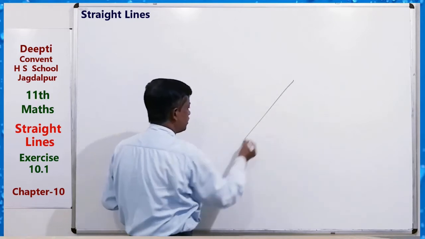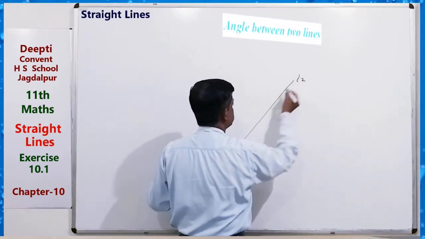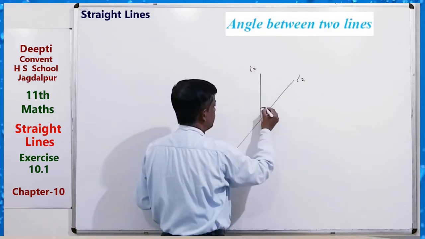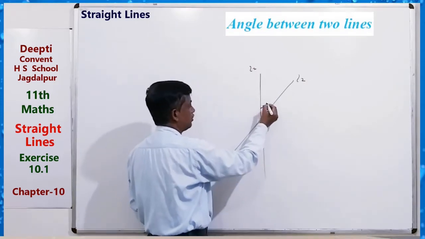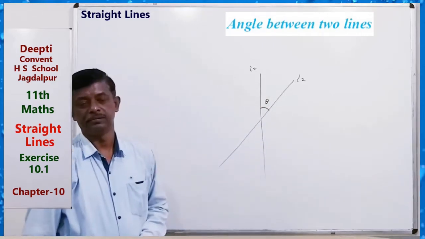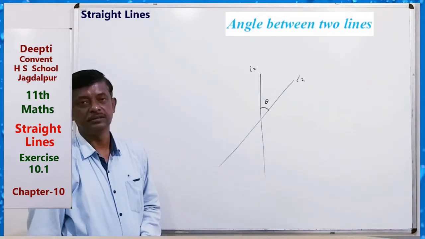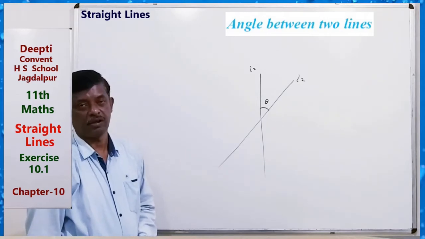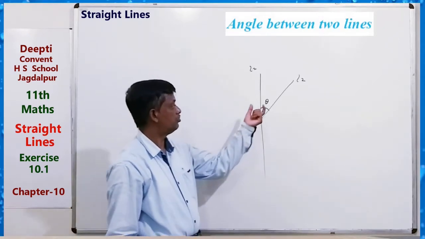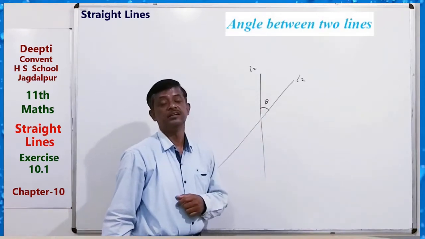Suppose we are having line L1 and another line L2. This is the angle between. The angle between two lines is theta. And we have to find the formula for this. The tangent of the angle between two lines is equal to,